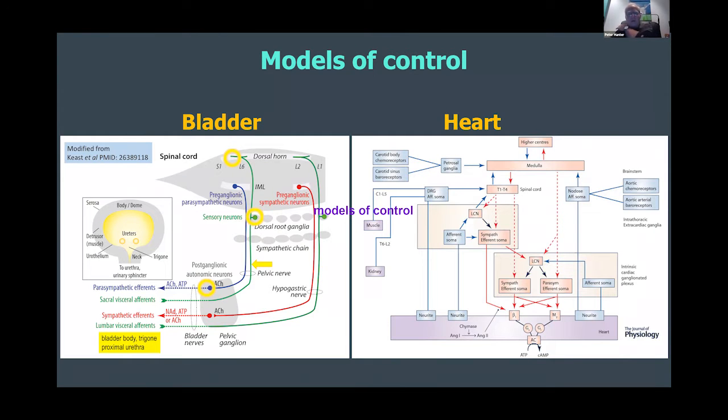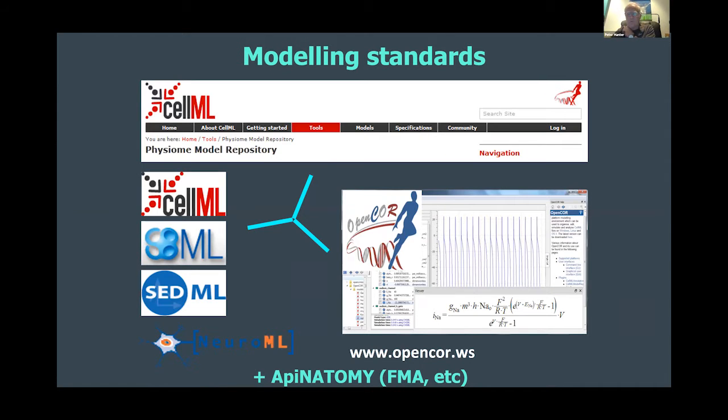And then finally, because all of this data is being mapped in order to be able to use it for computational purposes, for understanding the physiology, we're developing models of control, one shown here for the bladder and the heart. These are from published papers, on the left from the Melbourne group and on the right from the UCLA group. And then what we do is to use a framework that we've developed called CellML, which is an XML